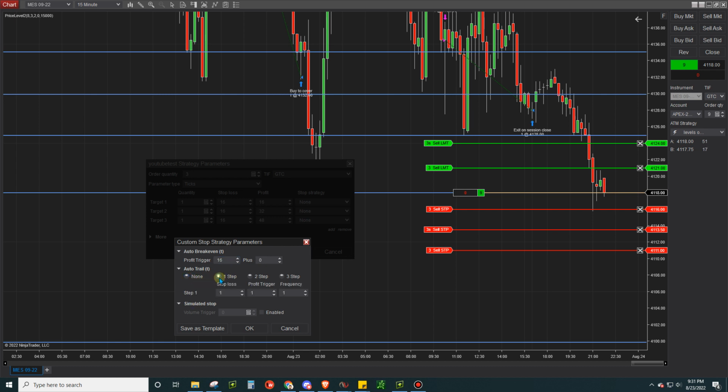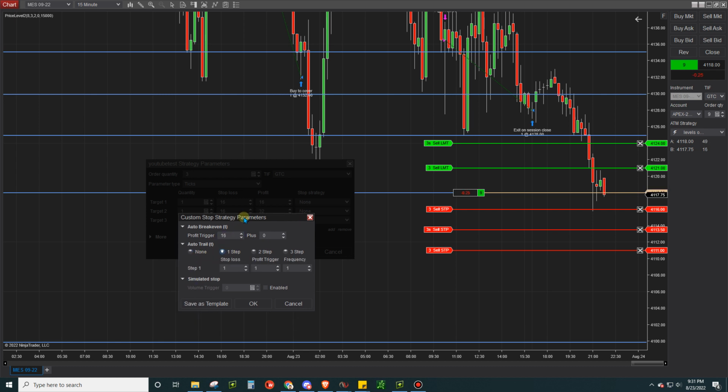So what the auto trail means, and this is very confusing, even for me, even after using it and knowing how it works. Every time I come back in here to use it, I have to refresh my memory to figure out what it means. We're going to see my stops get triggered as I'm talking. But basically what that means is, as soon as